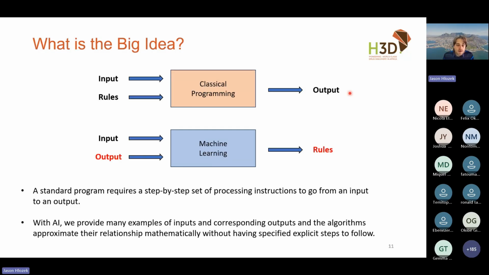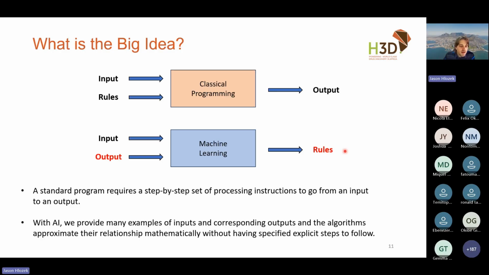However, with machine learning, what is very useful is that you can come with a data set that has a bunch of inputs and corresponding outputs. So you know the goal that you want to get to, but you don't necessarily have to know how to solve the problem step by step. And what the algorithms do is they look at the inputs and they look at the outputs and they find the rules that help you connect those two.